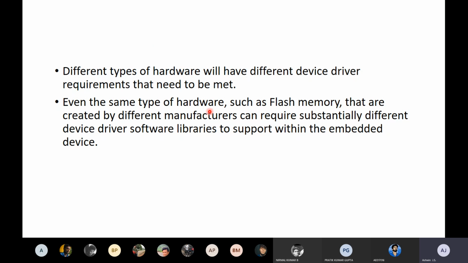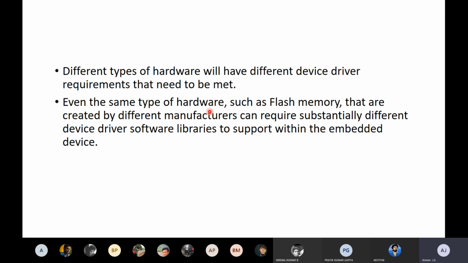Like I said, different hardware requires different device drivers, so that the requirements are met. If it is a hard disk, I want to write and read. If it is a port, I want to transfer and receive, as well as flow control: what is the data rate, what is the speed of internet connectivity. That will be added here. Similarly, if it is a USB port, I first want to read the device: what is the device name, what is the memory size, everything, as well as read and write operations.